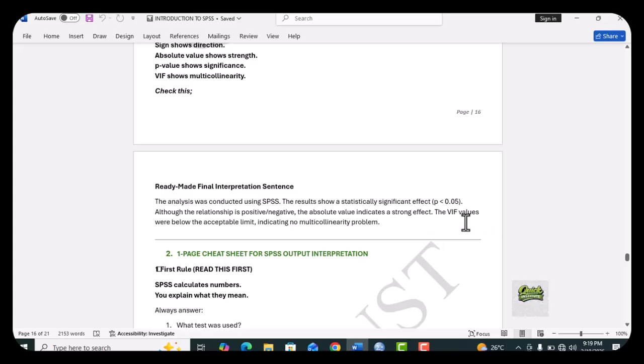So here is the cheat sheet. You can check the first two. Always